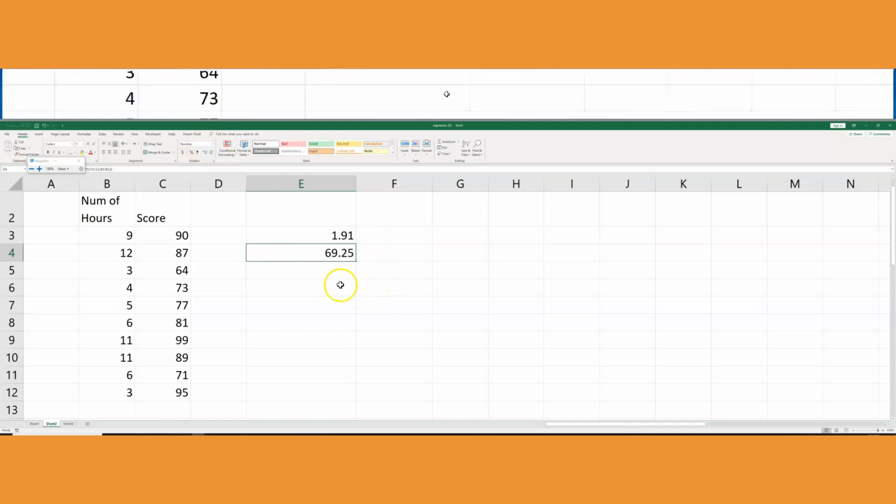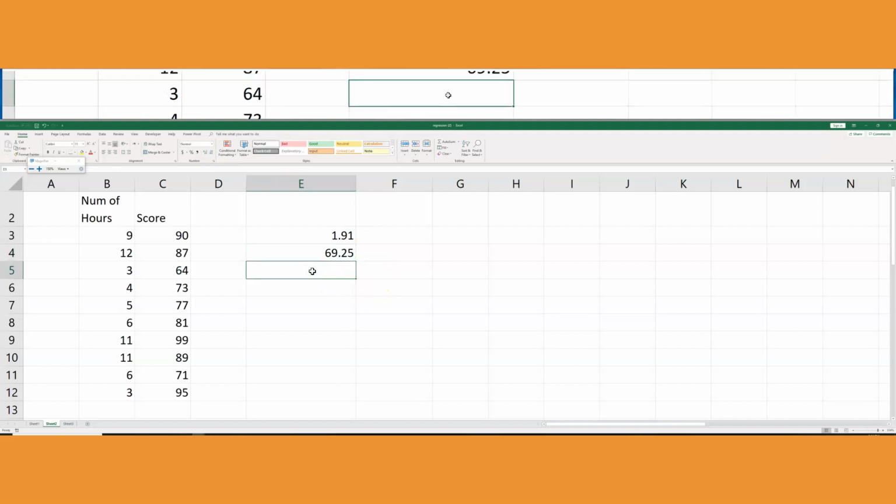It's very easy for me now to build the model, which is going to be y equals, okay, this is the slope, 91x plus 69.25. So this is what we did manually. Also, I could find the correlation in a function. It's called correlation,